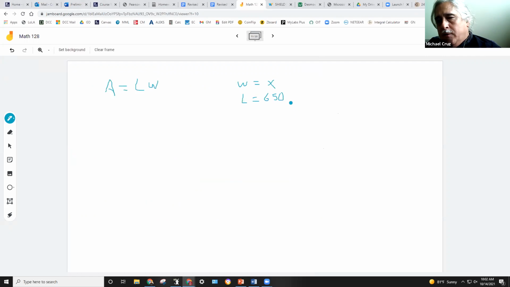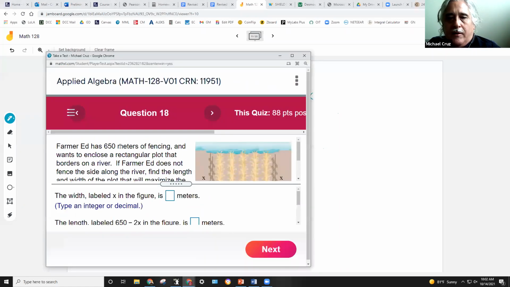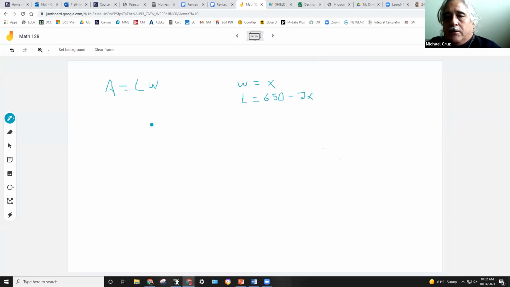They're already giving it to us, but you could find that if they had told you how much was being used, and they did tell us, so we could have set that up. So area is equal to X, that's width, times 650